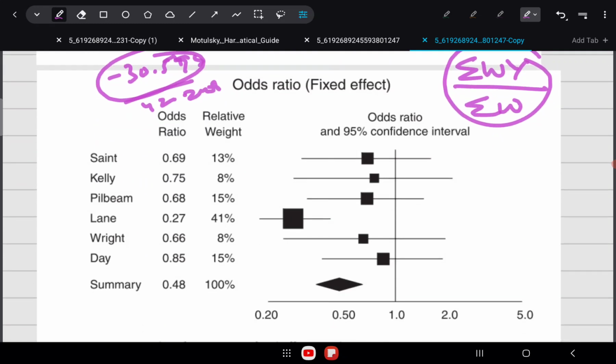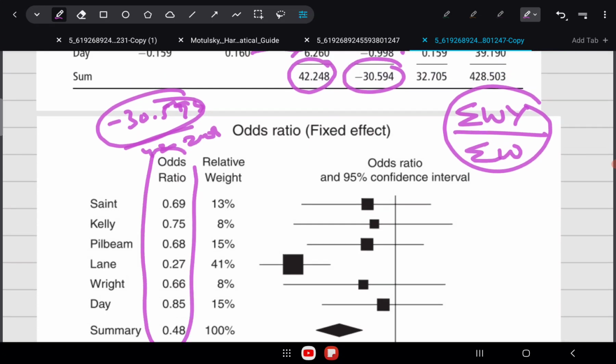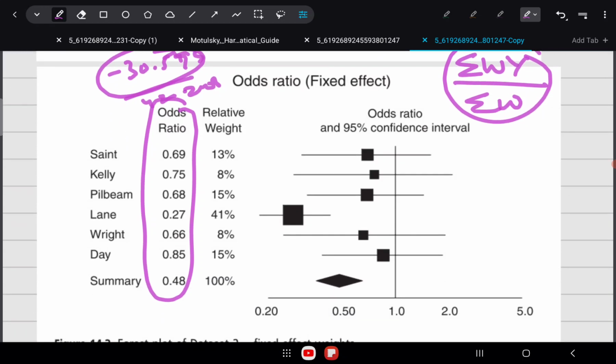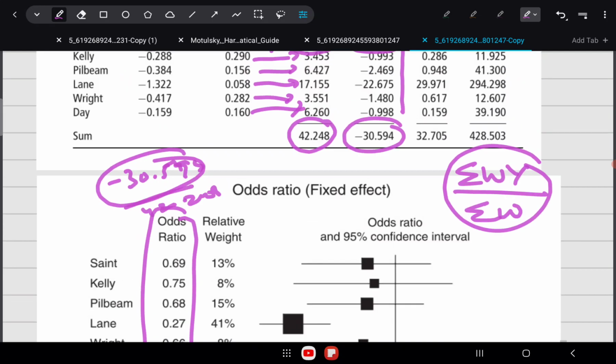So this is the forest plot for the same. You can see these odds ratios, okay? Here they have not shown the natural logarithm of the odds ratio, because it just makes more sense in terms of interpretation to see the odds ratio and not the natural logarithm of odds ratio. So it's common that in forest plots the natural logarithm odds ratio will not be shown, instead odds ratio will be shown, even though it is natural logarithm of odds ratio that are used for the calculation of the actual summary effect. So how do you calculate odds ratio?